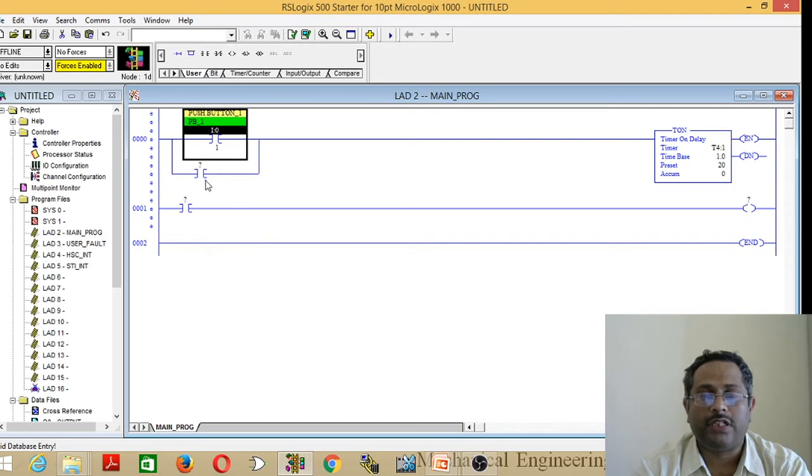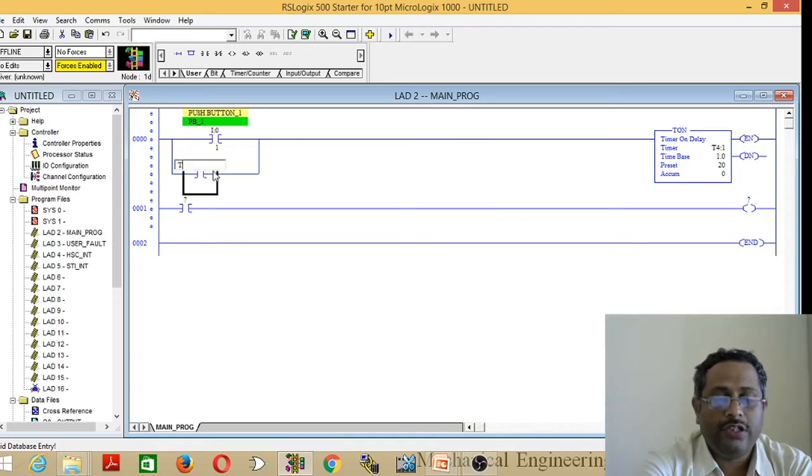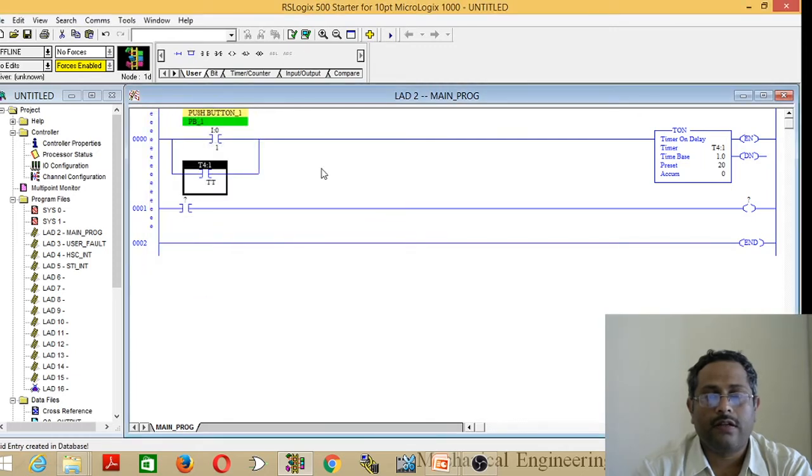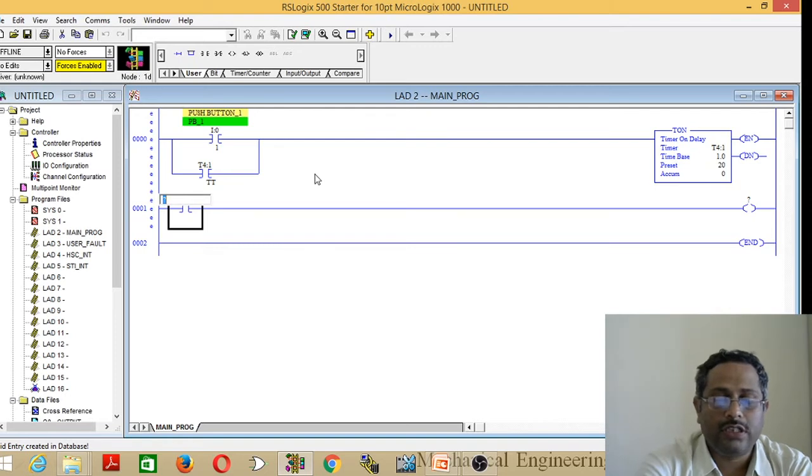And give the address to this one. This is what we are calling latching. We are giving the address of the timer, that is T4:1/TT. Okay. Then you have to give the address to this one. Here also the same T4:1/TT.